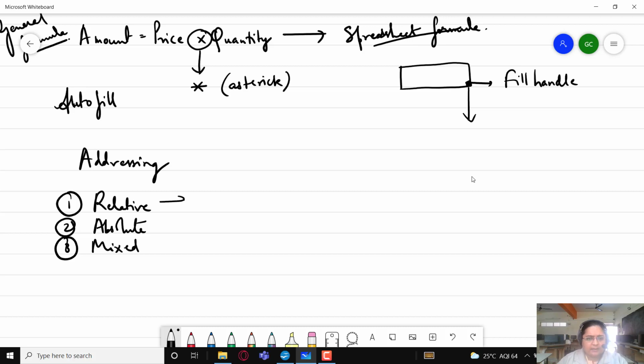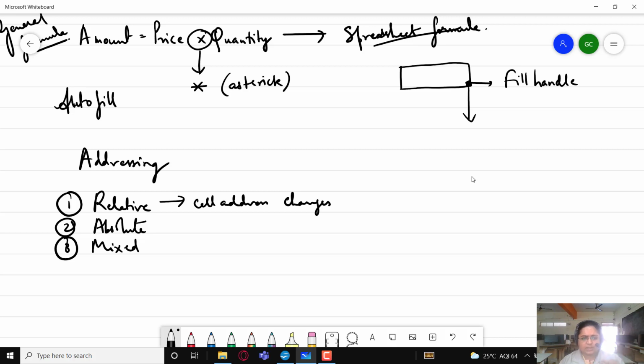Relative addressing means the cell address changes with respect to the change in the row or column. So in a formula, the cell address will automatically change according to the change in the row or column.